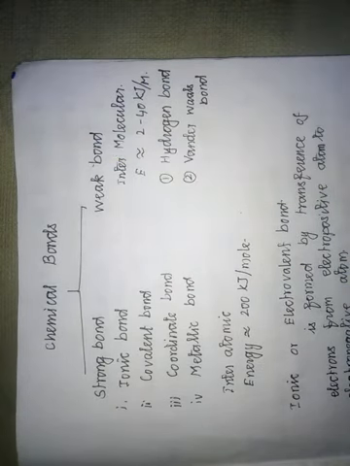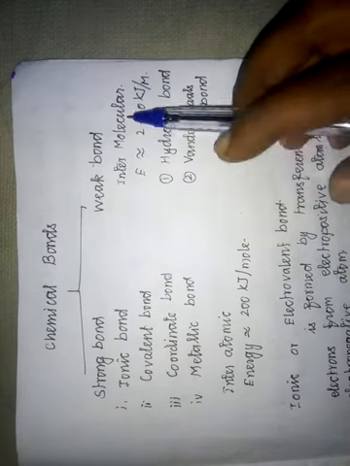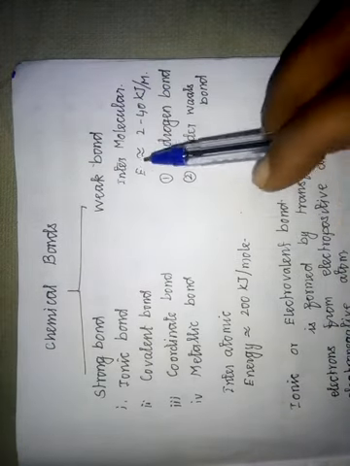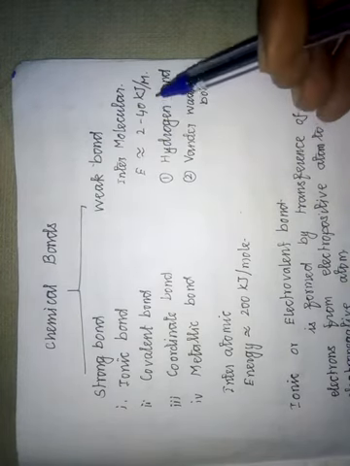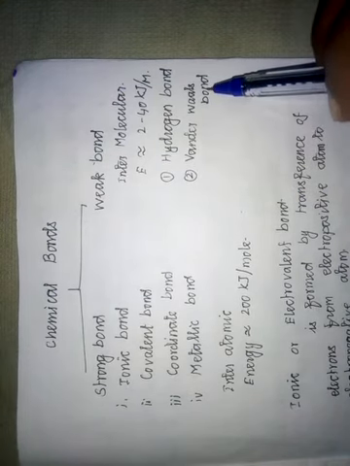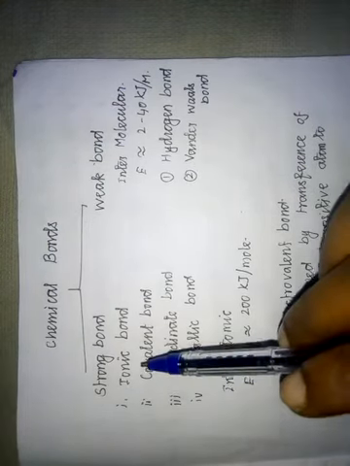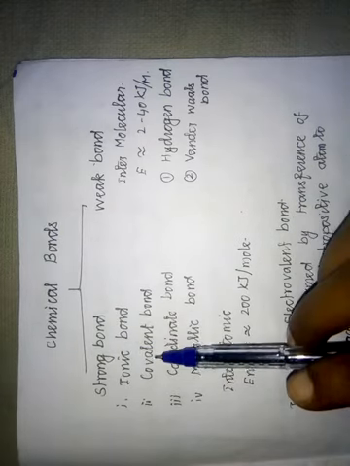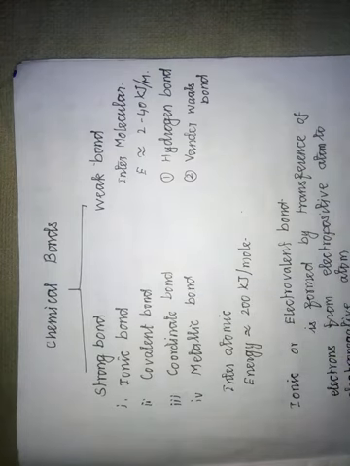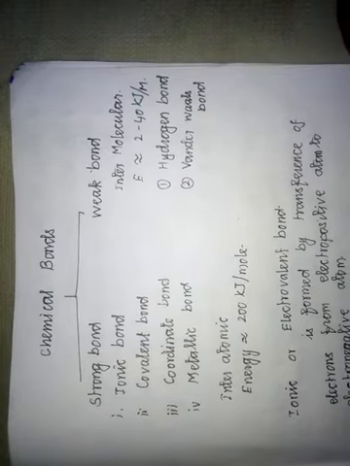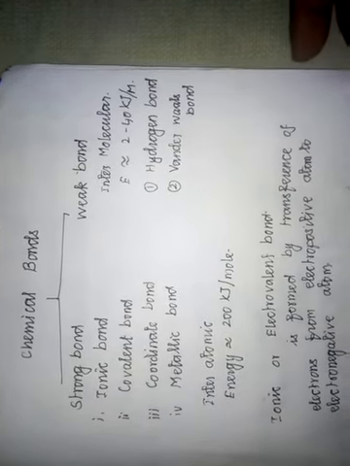But these weak bonds are intermolecular. They are intermolecular forces, whereas the strong bonds are interatomic forces. Their energy levels are between 2 to 40 kilojoules per mole. They are very weak, like hydrogen bonds and van der Waals bonds. These strong bonds can be classified as ionic bond, covalent bond, coordinate bond and metallic bond. Now one by one we will discuss all these. Here I am giving only important points from the examination point of view. If you want detail, you can get points from the standard books.